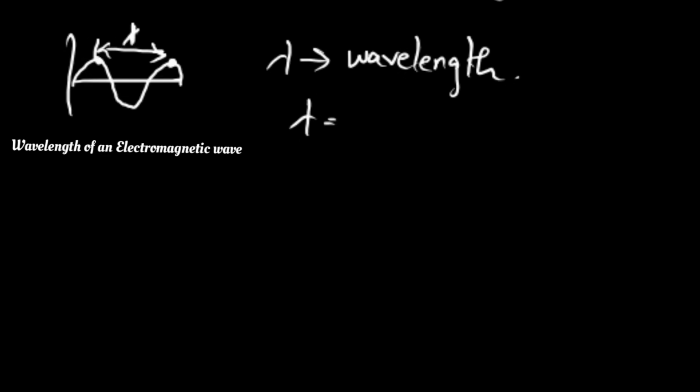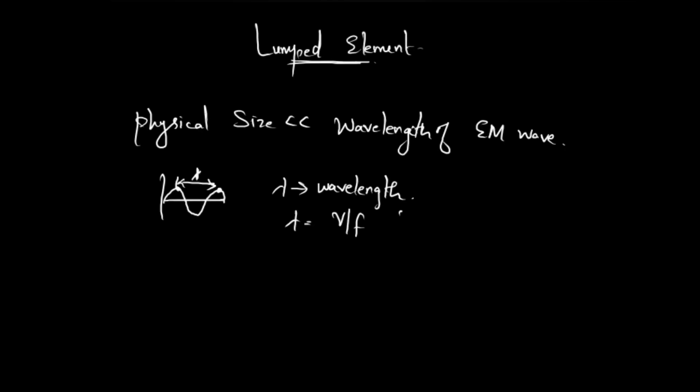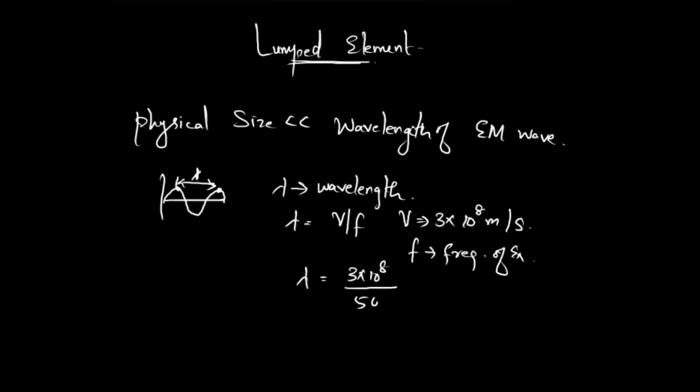Wavelength lambda is equal to v by f, where v is the velocity of the electromagnetic wave in vacuum, which is equal to 3 into 10 power 8 meters per second, and f is the frequency of excitation. For our normal supply, the frequency f is 50 Hz. So, that is 3 into 10 power 8 meters per second divided by 50, which is approximately 6 into 10 power 6 meters, which is 6000 kilometers,